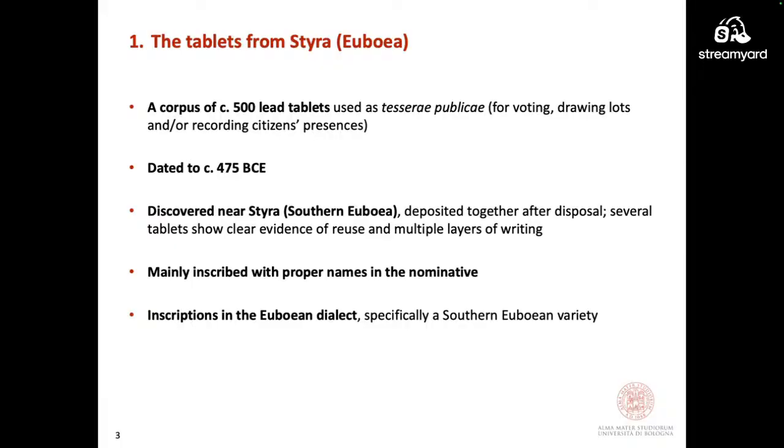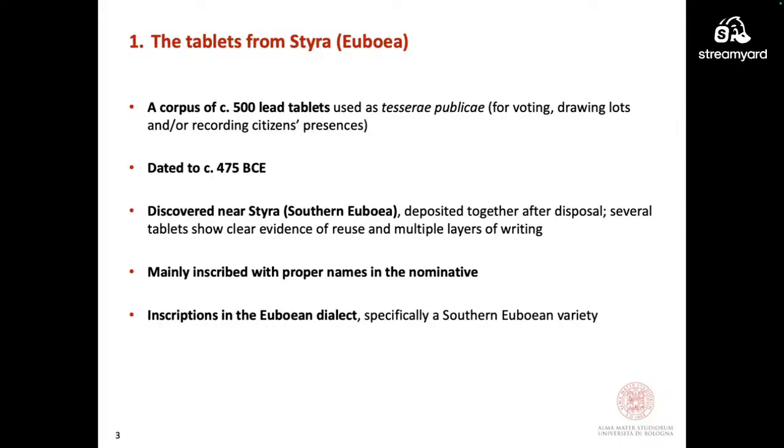The corpus of the lead tablets from Styra comprises approximately 500 lead tablets inscribed mainly with personal names in the nominative.